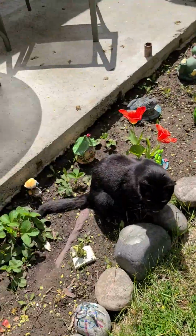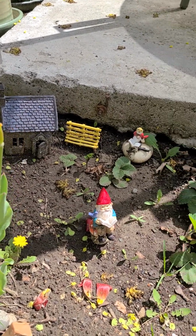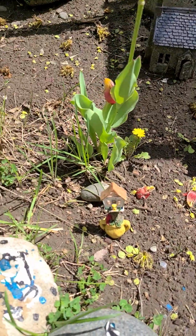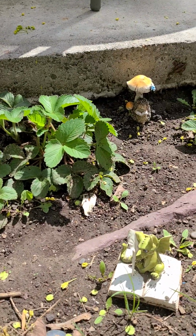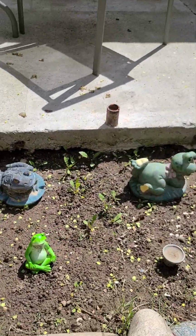And then I have strawberries and the little library that I've got going here, gnomes, and I have a fairy too, but I accidentally broke that, so I've got to glue that and get her back out here. But my little library, and then I've got a little Zen garden,